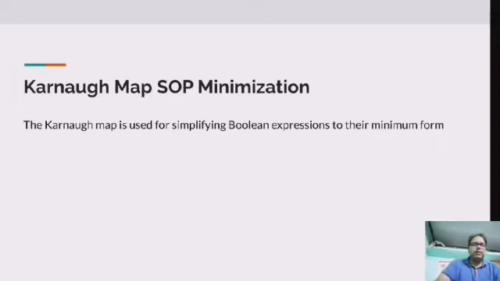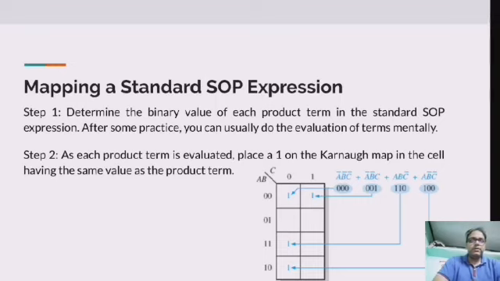The Karnaugh map SOP minimization process is a very easy process. Let us move ahead directly to the steps. Whenever we have to map a standard SOP expression to the K-map, we have to follow some steps,